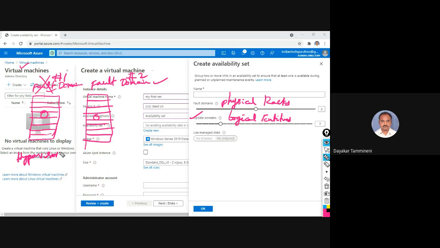Have you heard about Oracle VirtualBox? Or VMware? The most popular virtualization software is VMware. Okay, VMware.